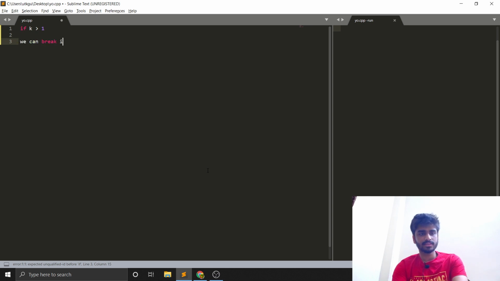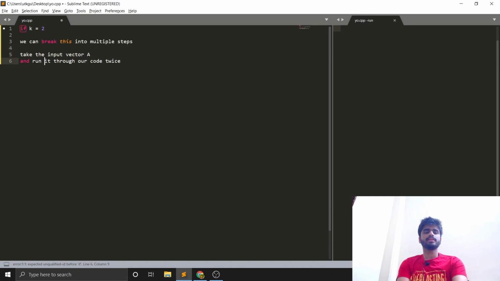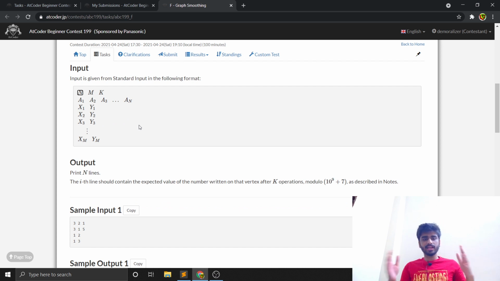We can break this into multiple steps, which means let's take the very specific case k equals 2. For that, we can take the input vector a, and run it through our code twice. So k equals 2 is same as doing k equals 1 two times, right? Because of the linearity of expectation, we will take the expected value of all of the vertices after one move, and then we will take their average in the second move, right? So yeah,